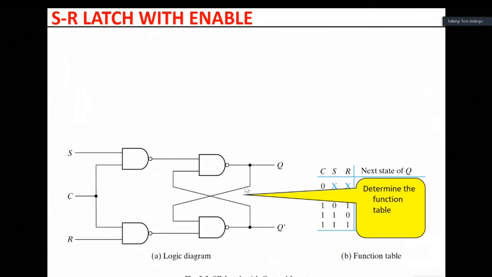This is the circuit you had previously. The SR NAND latch, you've got the function table. So I'm just picking that, and then I've got my S and R, and then I've got my enable C there. Can you determine for me the function table there? Let me just give you a hint. If the control is 0, that is 0, 0 rules, that is definitely 1